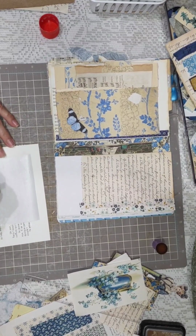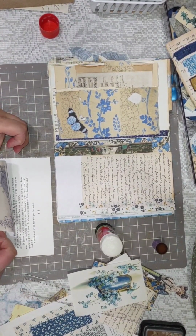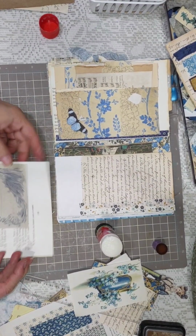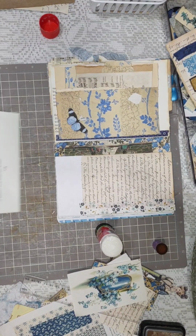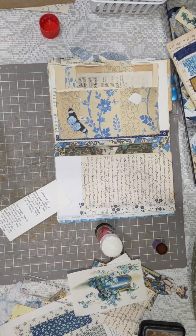Oh, yeah. I almost thought I was putting the pocket on and then I put too much glue on. But no, I'm gluing it to this. I like to do this because, especially if you're putting something in and out of that pocket, you want something a little bit sturdier if the paper is thin. I mean, you can print it on cardstock, but I don't do that for everything because sometimes the things I print are things I don't want on cardstock. So instead of wasting my cardstock,